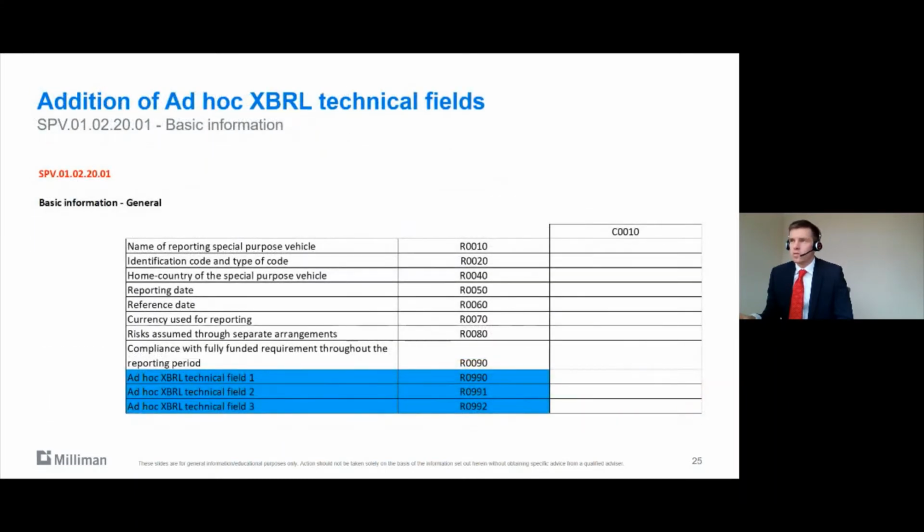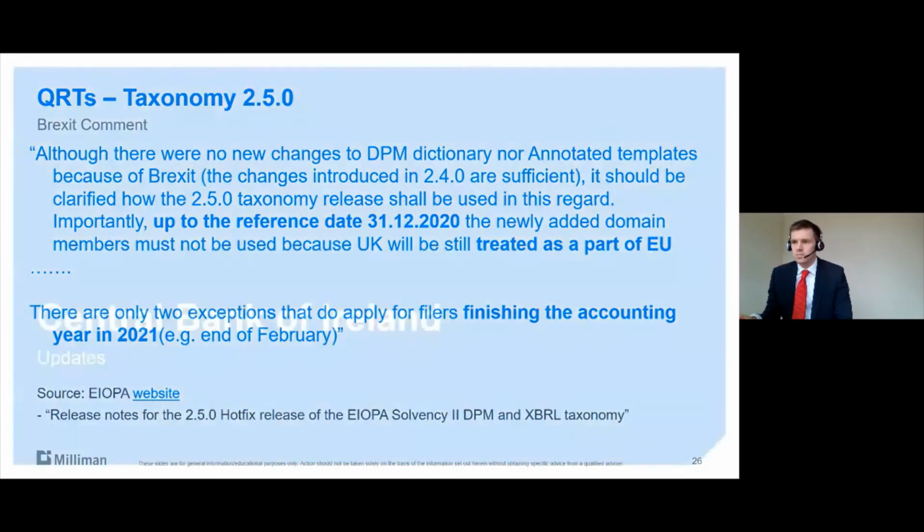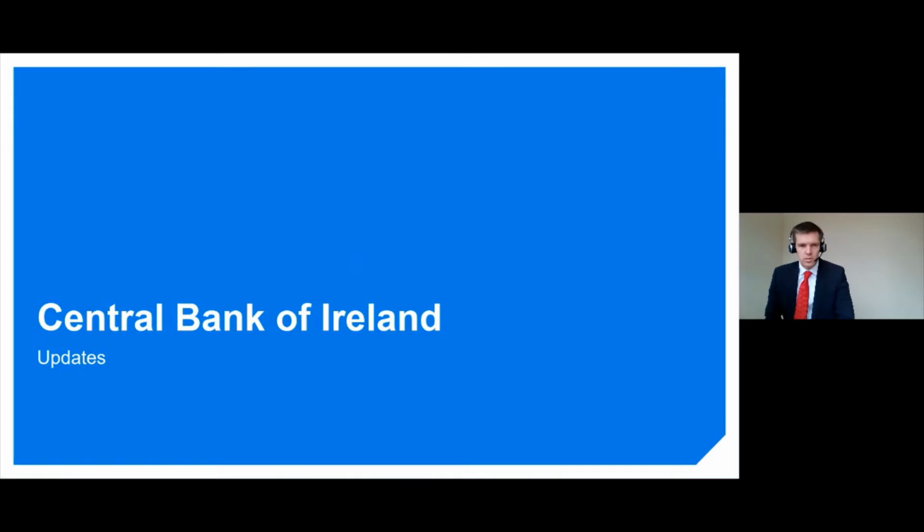And then there's some ad hoc XBRL fields. So if there is extra information you provide, they've added that in, so it works with the XBRL tagging. So that must have been an issue for some companies in the past. So there's a bit of information in there as well around Brexit. So that's kind of that EU countries list. So we don't really know exactly where that's going to land, but I suppose some of the changes they put through in that hoc fix do relate to that. So I won't really get into too much detail on that, given that it's not particularly relevant for every company, but there is some information in there, and they've made a few tweaks to allow for what's going to happen. So that's a quick fly through of the QRT updates.